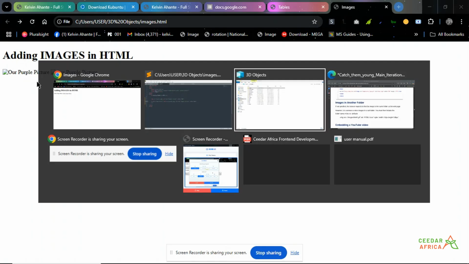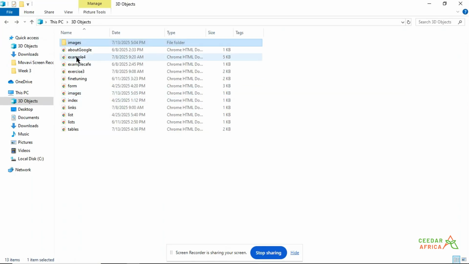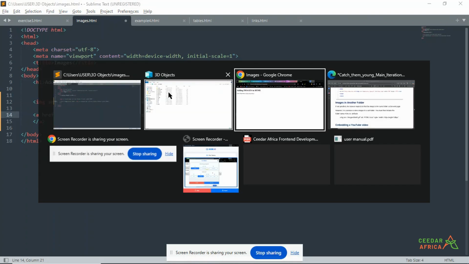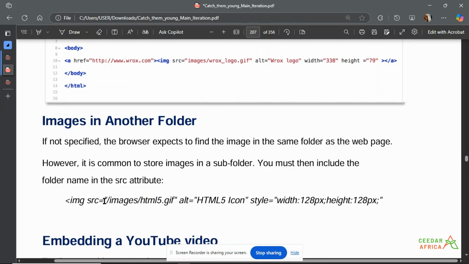And the reason is because we have changed the location of the image that we are trying to call. It is no longer here, it is now inside the folder, therefore it does not work. So now how do we call an image that is inside another folder? All we have to do is to specify the folder name, right? Images, which is the folder name, and add a /, right? That's basically it. As you can see it here,